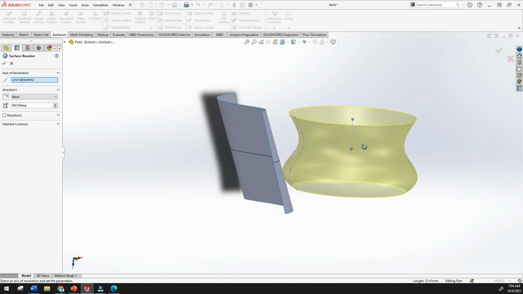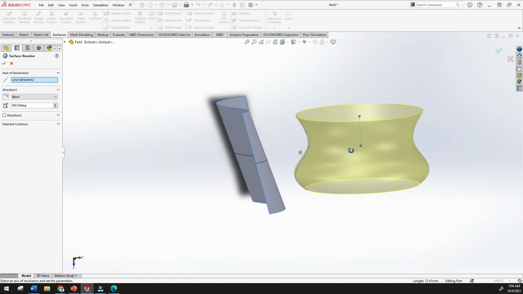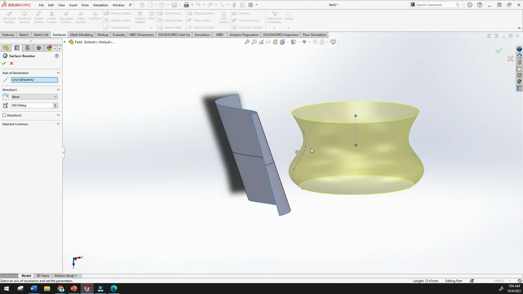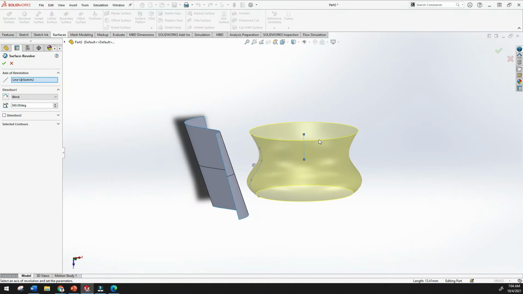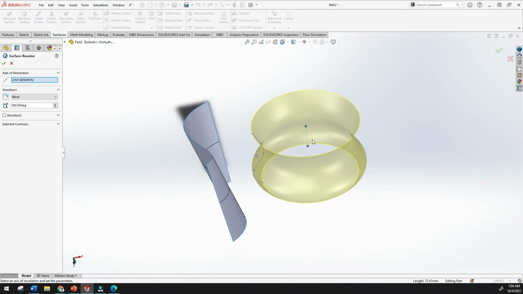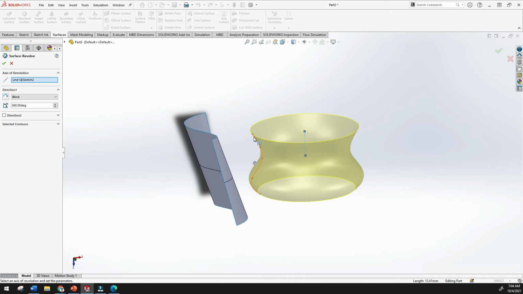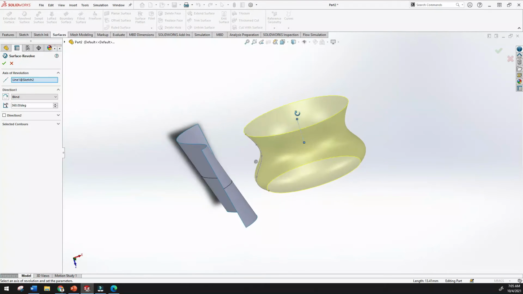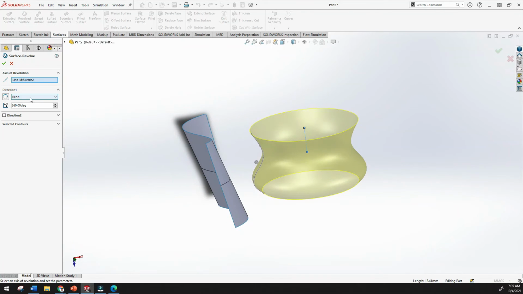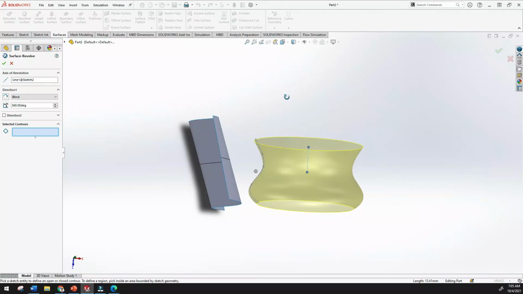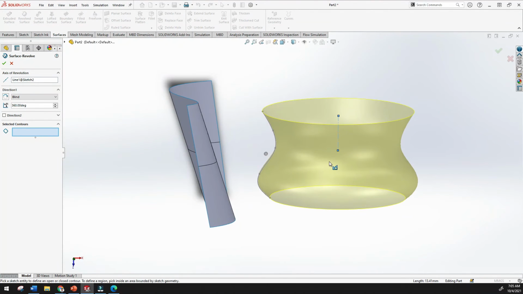Okay, and by using path, actually in only one phase I have created this line and this sketch. That's why once you click the revolve, automatically the spline line will be selected and it will create the revolve surface. Here you can see the line, and you have to give some axis of revolution. Once you give the axis of revolution, the line will be selected and it will automatically create the surface.